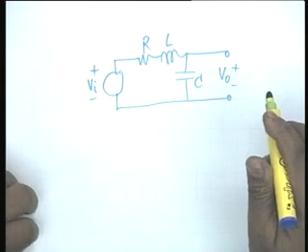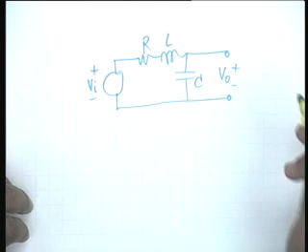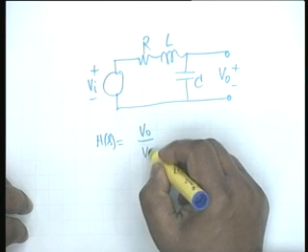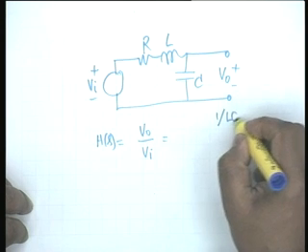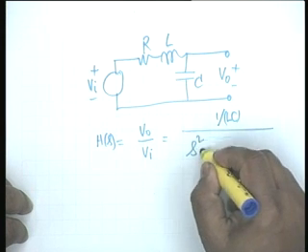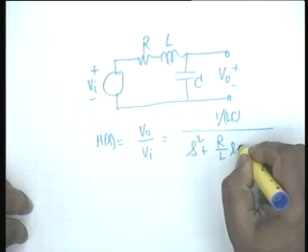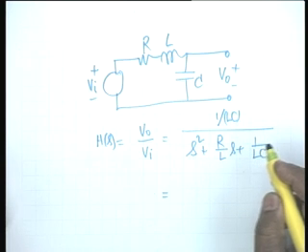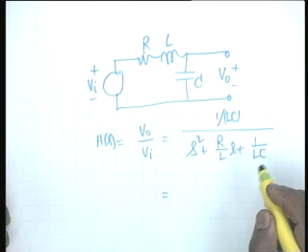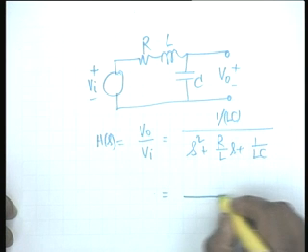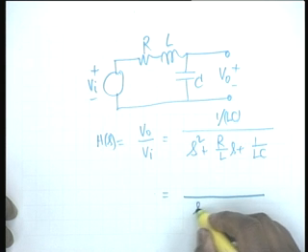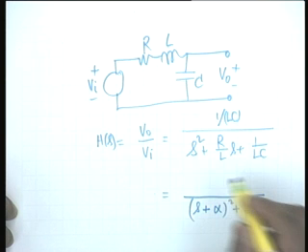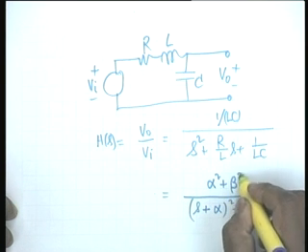It won't be the same response now. Response will be slightly different. But our transfer function, which is h of s equals V0 by Vi, we wrote it in the form 1 over LC divided by s squared plus R by L s plus 1 over LC, and we put this in the form in terms of its poles and zeros as (s plus alpha) whole squared plus beta squared, and alpha squared plus beta squared.